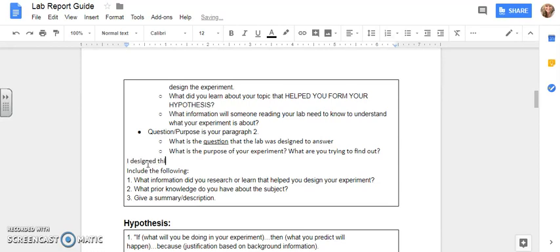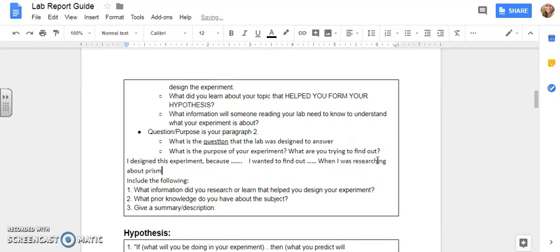I designed this experiment because, and then you insert what your question was. And then you're going to say, I wanted to find out blah, blah, blah. Okay, and then you're going to come down to number 1, what information did you research or learn that helped design the experiment? When I was researching about prisms, I learned blah, blah, blah, and you answer all that stuff. Number 2, I had some prior knowledge about highlight